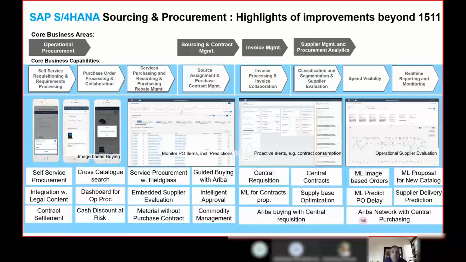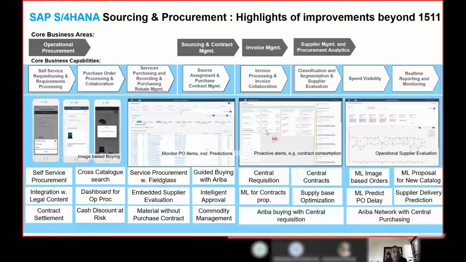So these predictive analytics or predictive alerts give a view to our buyers or the requester to see, okay, when the contracts are getting consumed. That means they have to start negotiating or start identifying a next contractor who can deliver these particular parts to them, or the existing contractor who can negotiate on the volume, and then have a contract working for that, so that you don't disrupt the supply of those materials. So these insights, along with the transactions, the buyers can get on a real-time basis. So that helps the buyers with proper decision making.